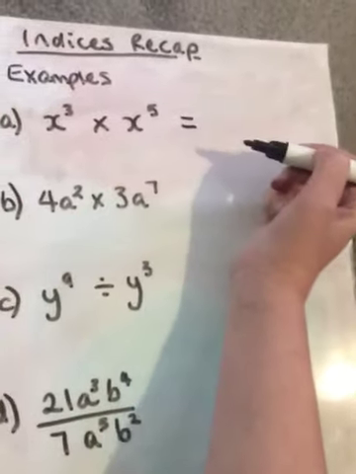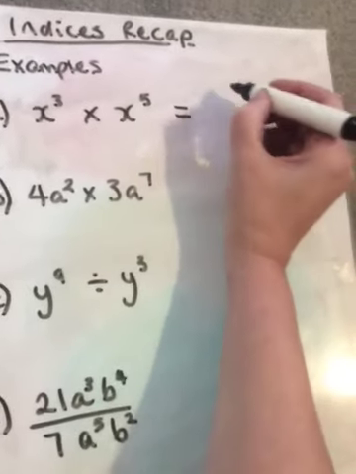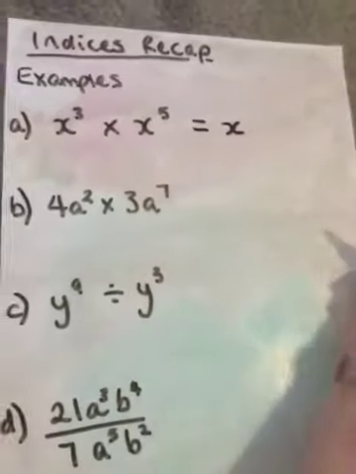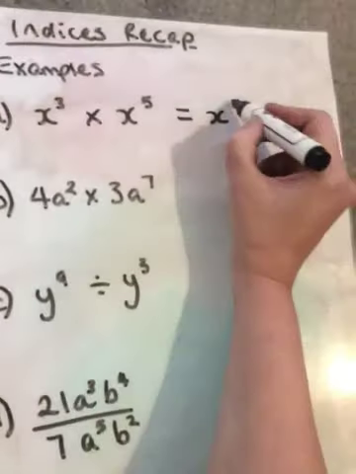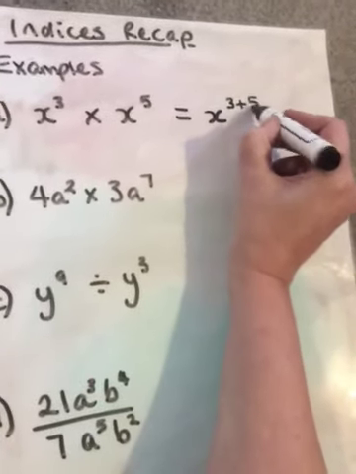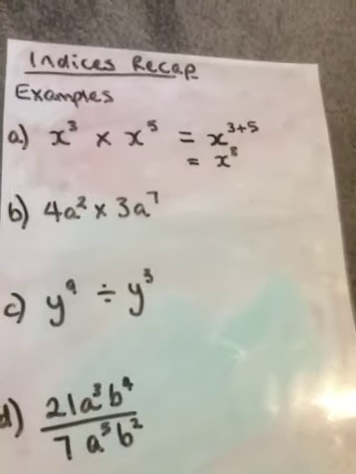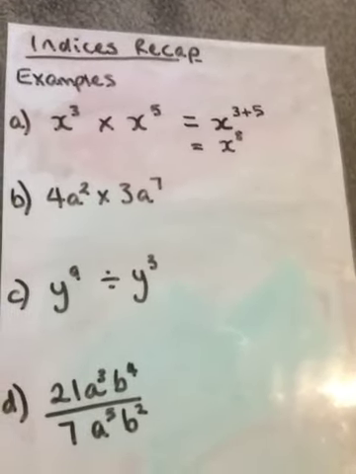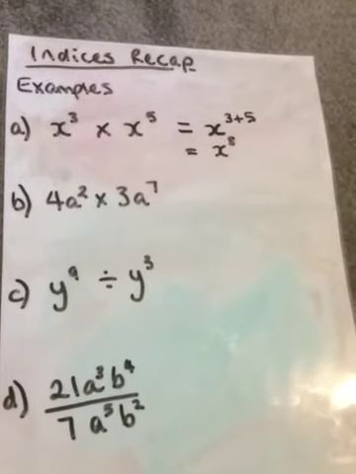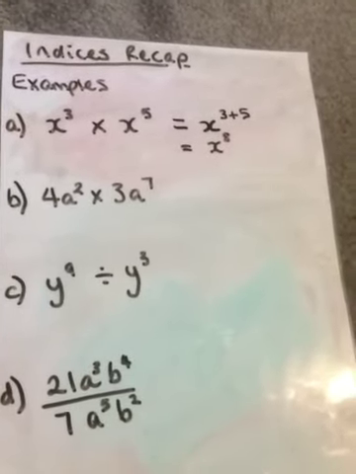So if we look at x cubed times x to the power of 5, our base is x, so it doesn't change, and then we are adding 3 plus 5, and so our final answer will be x to the power of 8. If they put a coefficient, so a number in front of the letter, then you just multiply